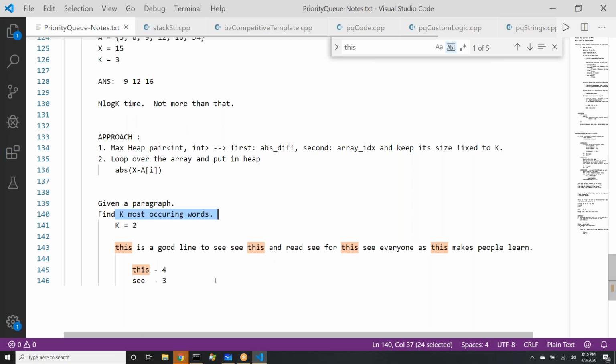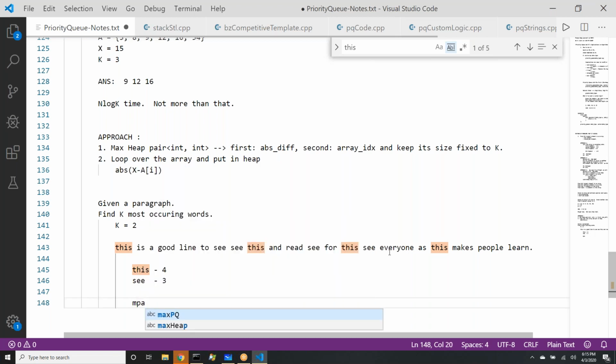Praneeth is saying, can we use a map? Yes, Praneeth, you can use a map. You will go over all the words and build a map of each word and its frequency. After you have a map, what will you do? How will you find the most occurring words? When you are building the map, you cannot keep track of it easily because the frequency of every word is changing. You can keep track of the first highest and second highest, but when k is 20 or 30, you will require some processing afterwards.